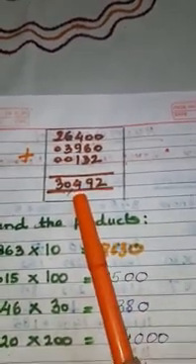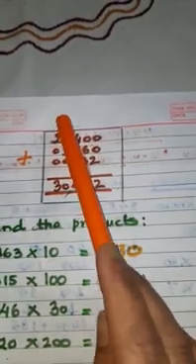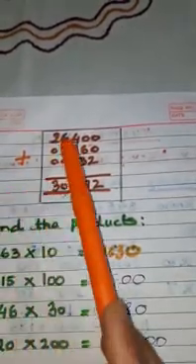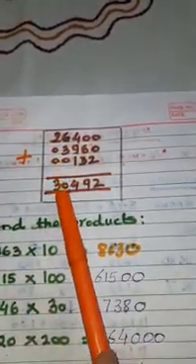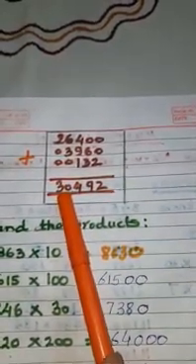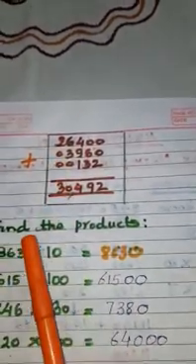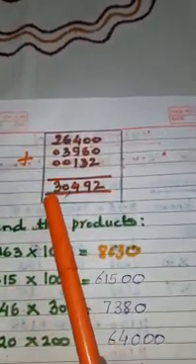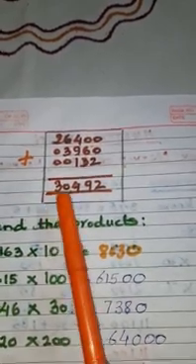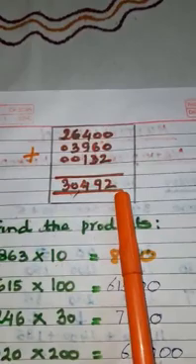Now 14, only we are going to write 4. And 1 is carry. 6 plus 1, 7 and 7 plus 3, 10. For 10 we have written 0 and 1 is carry. That is 2 plus 1, 3. 3 plus 0, 3. Again 0. So the answer will be 3. Answer has come now: 30,492.